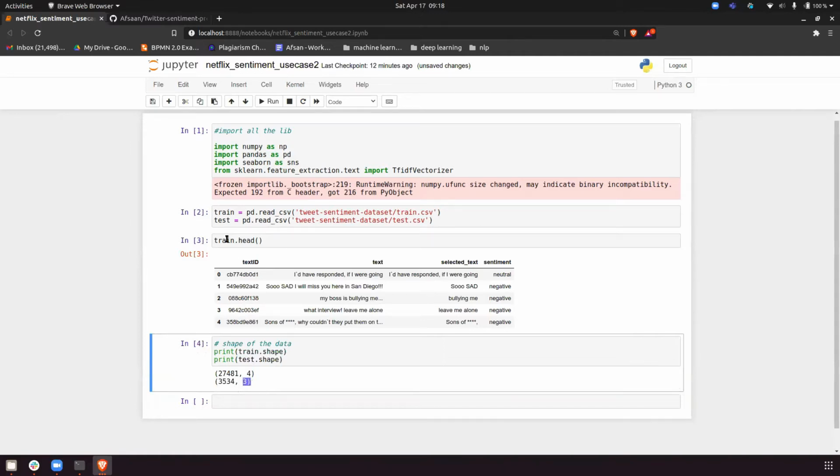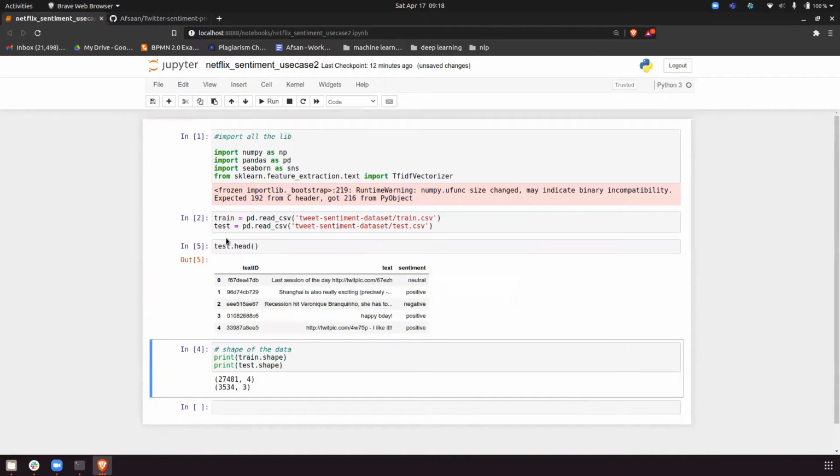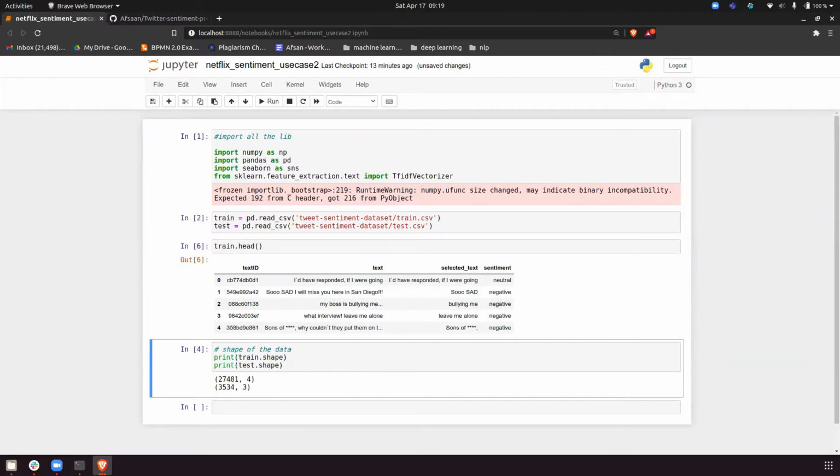And if we see the test data here, we have the text, and this test data is basically given to do testing on a trained model. Suppose you have trained a model, so you can test on this particular data. So this test data is given. Now I will go back to the train data and run this.